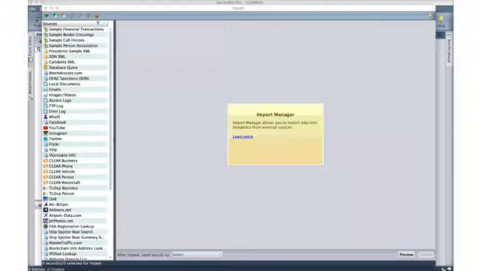But what's on the screen right now is our live software that's running on my machine, and this is our import manager. Again, I want to focus just on that last slide that was on there, talking about the types of data sets available. It's not important that you can read every word, and I apologize if you can't, but